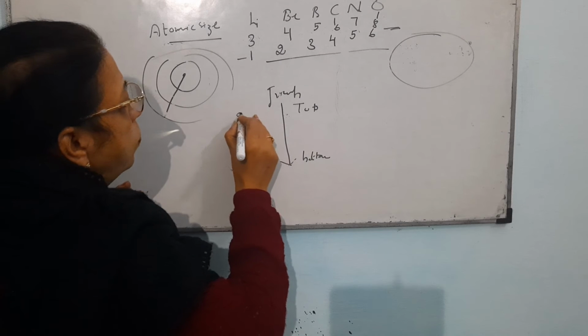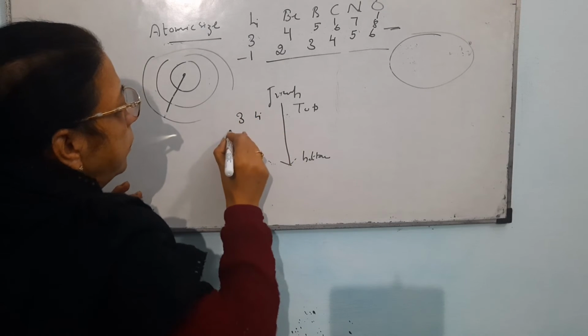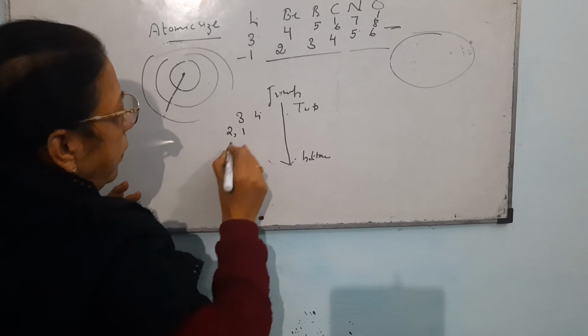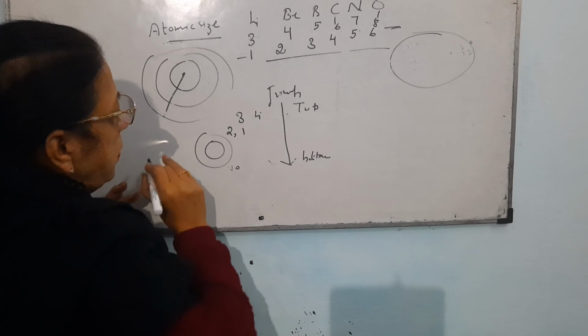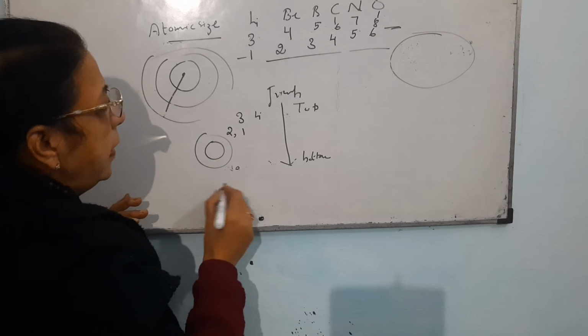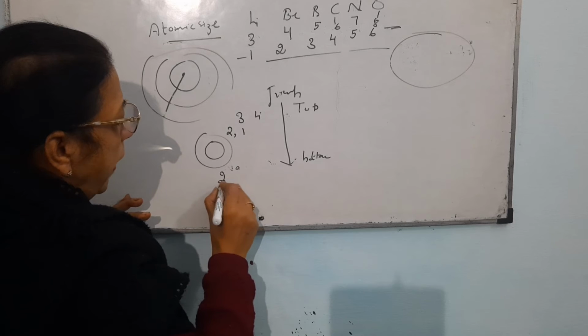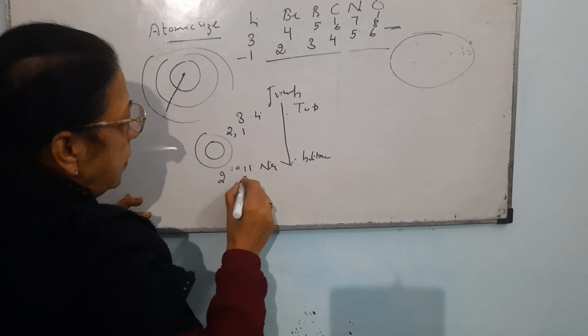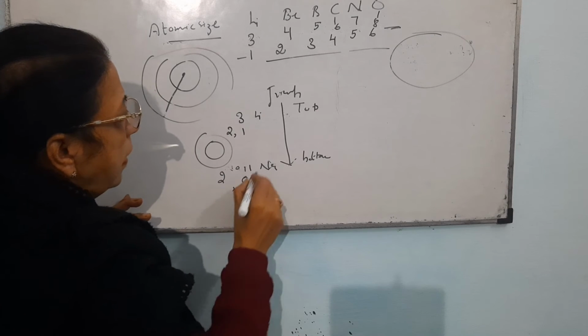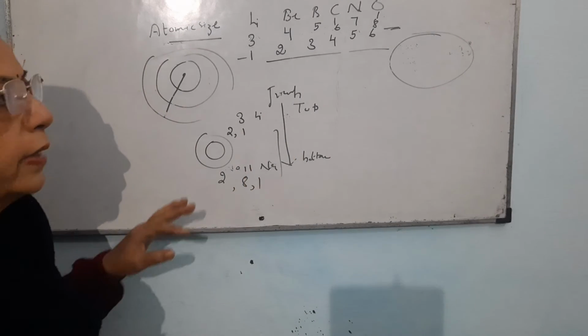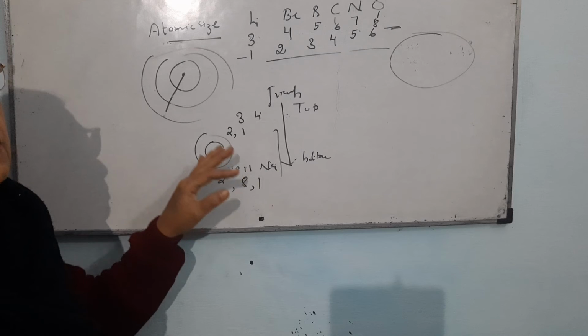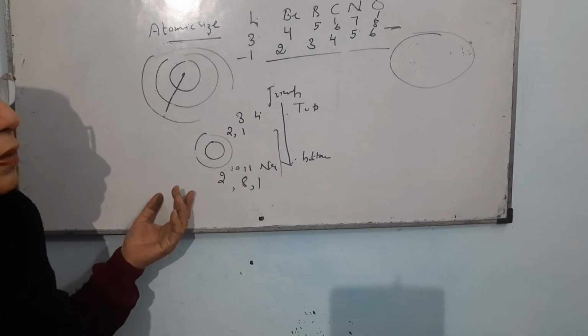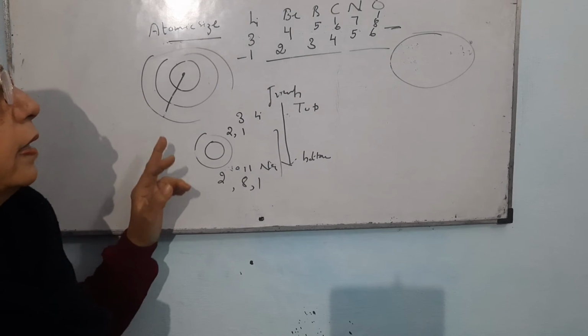There will be 2 shells for lithium, that is 2, 1, first shell and second shell. There will be 3 shells for sodium, that is atomic number 11, sodium, that is 2, 8, 1. So naturally the size of sodium will be bigger than that of lithium, because there is an increase in